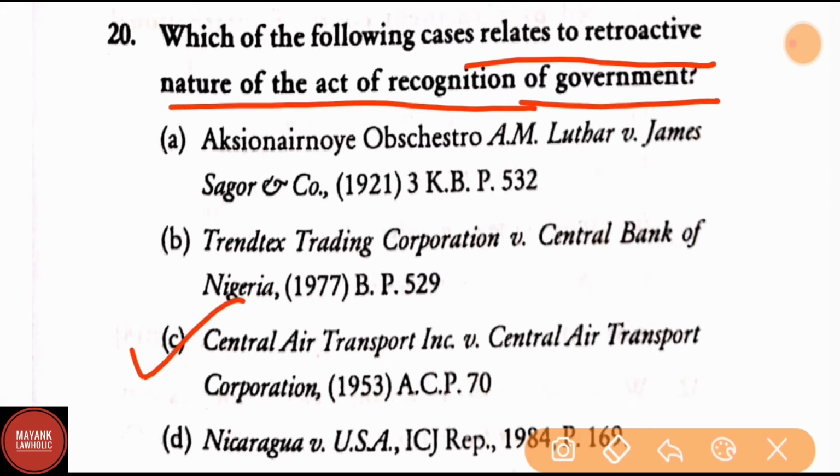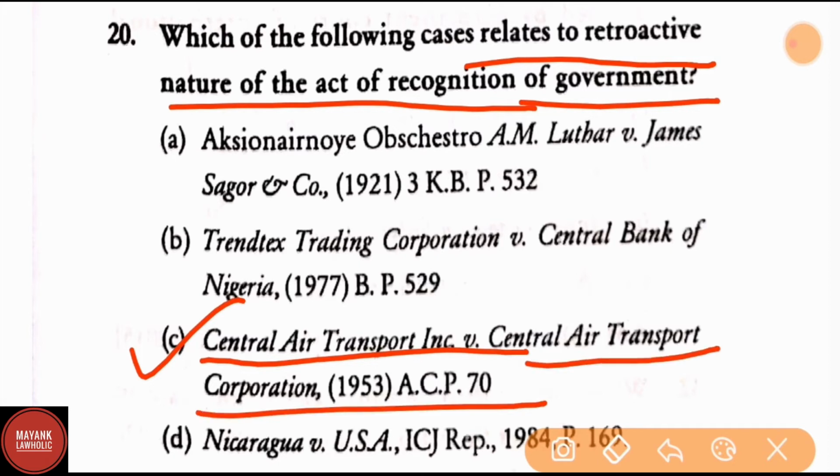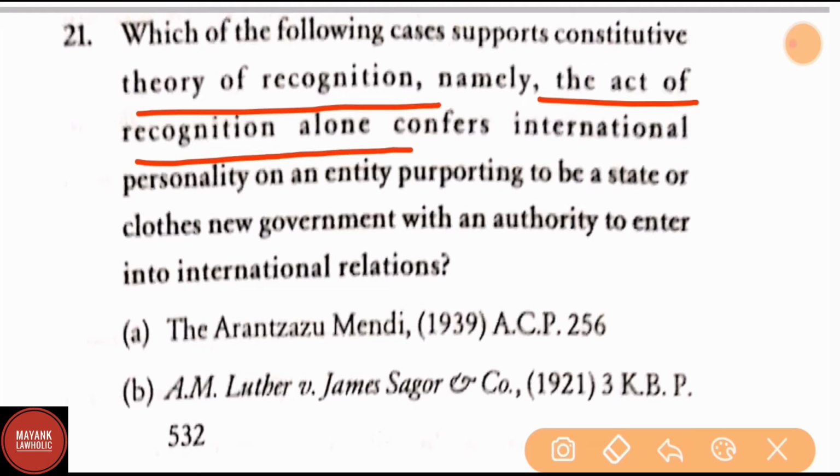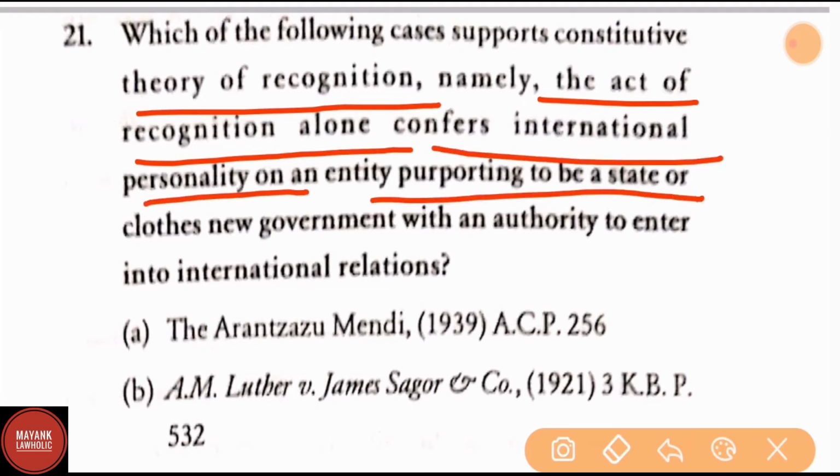The answer is Central Air Transport versus Central Air Transport Corporation, 1953. Question number 21. Which one of the following cases supports the constitutive theory of recognition, namely that the act of recognition alone confers international personality on an entity purporting to be a state or clothes a new government with an authority to enter